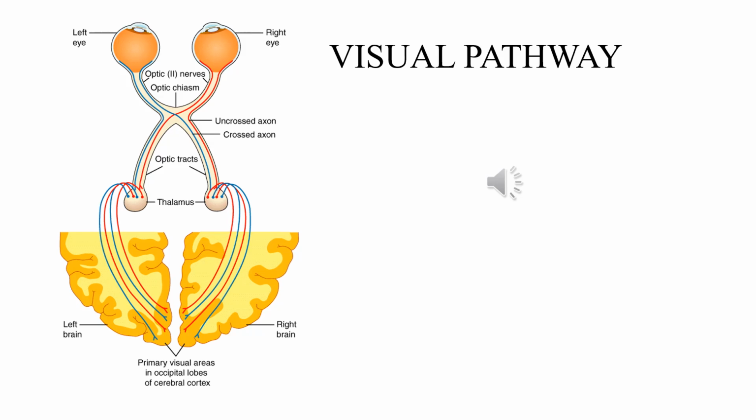So this is how the optic nerve is formed. It originates from the ganglionic layer of the retina, forms the optic nerve, leaves the eyeball, and enters the cranial cavity through the optic canal. It forms the optic chiasma, where crossing of the nasal fibers of each side of the optic nerve occurs, and the periphery contains the uncrossed fibers. Then optic tracts are formed from the optic chiasma. Optic tracts will synapse in the lateral geniculate body, and the axons from the lateral geniculate body will form the optic radiation, which will terminate in the visual areas of the cerebral cortex.